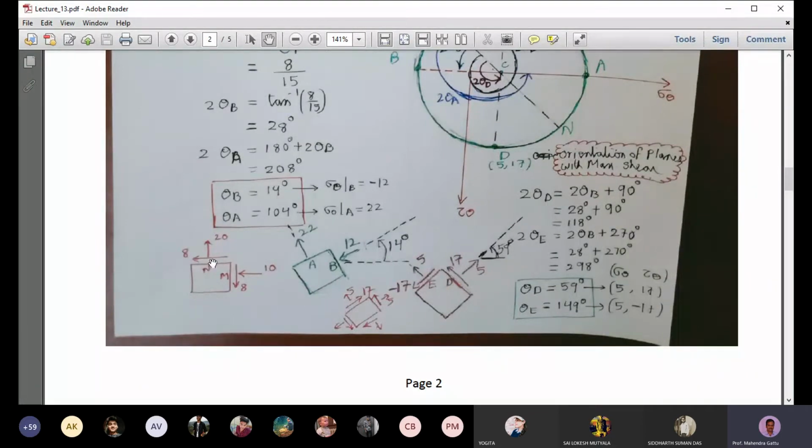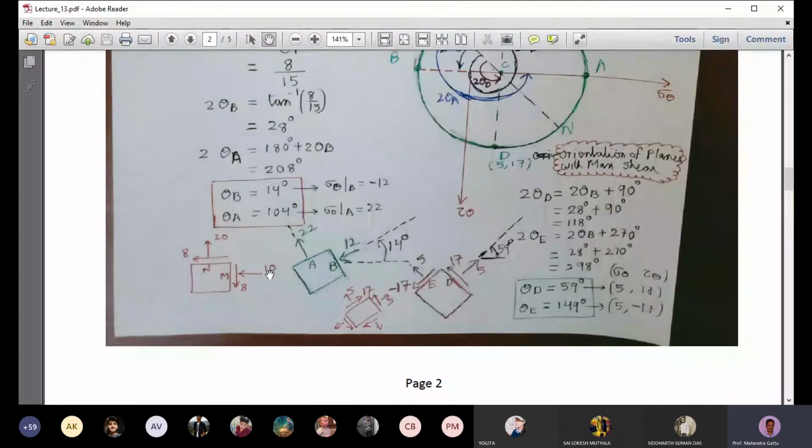So we have that stress element with the compressive and tensile normal stresses and shear stress. Now we are rotating plane M by 14 degrees in the anti-clockwise direction. So this is the plane, and this plane corresponds to plane B. And on this plane B, we have that normal stress minus 12 acting. So we reverse the direction and show it as a compressive stress 12.